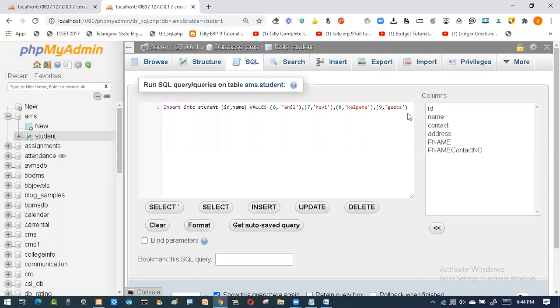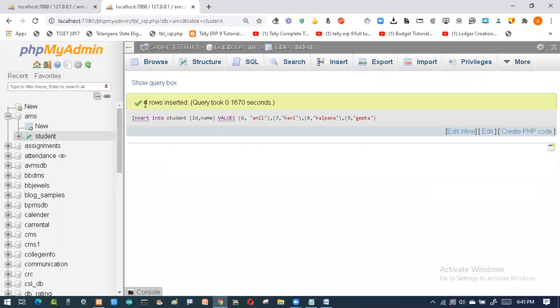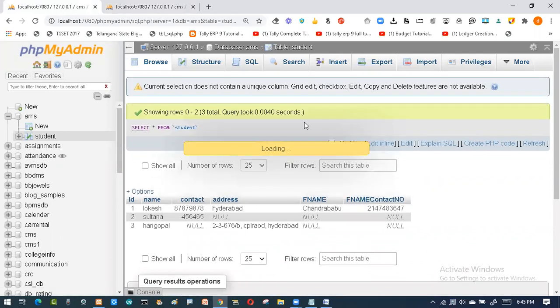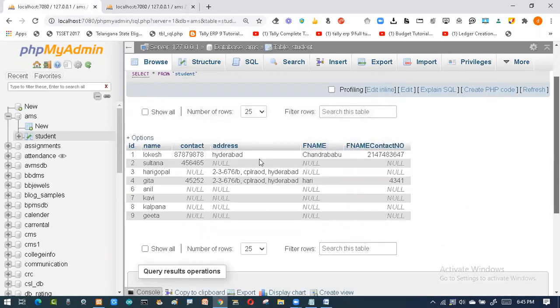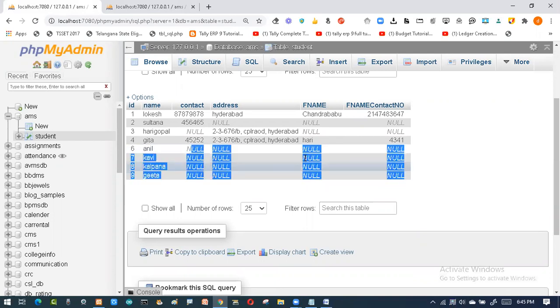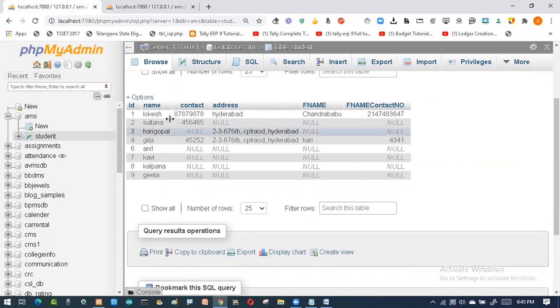So when I go with this, I'll press Control Enter, or I'll go down and click on the Go button. Now you can see at a time you will be inserting 3 records. See, I inserted 4 records in a single time. I go to the output and say execute this one. Now you can check it over here. See, in a single shot, I have inserted the records. This is how you insert the records. Right now you can see Kavi, Kalpana, Geeta, Anil, these are the people who have not given the contact number, or the father name, or very few people have given the record. So this is how the records can be.